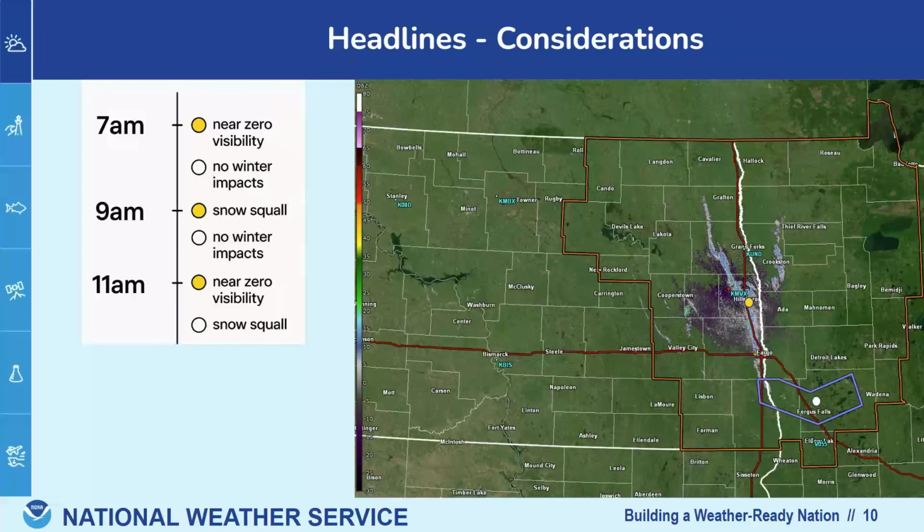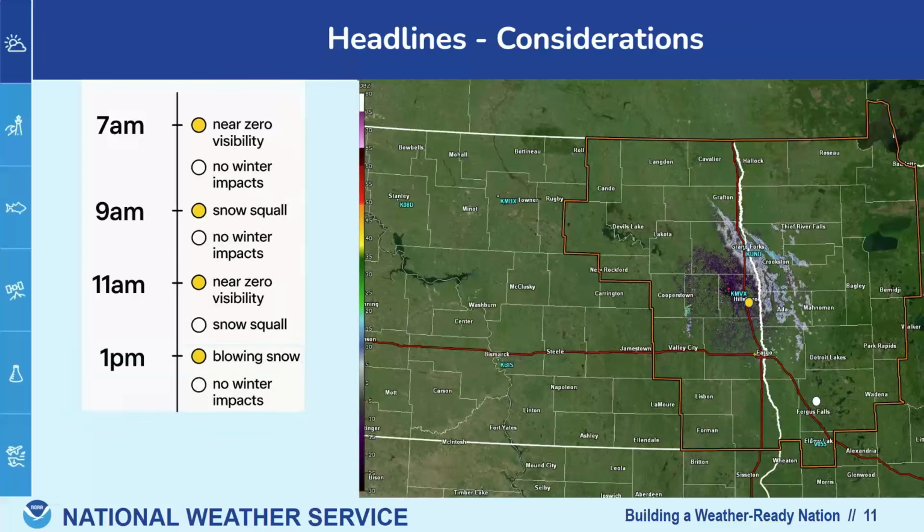So impacts are tied to just that 15, 30, 45-minute period. And then moving forward, now Hillsboro just has blowing snow, much like the rest of the county had the rest of the day. Solid advisory level criteria. But Fergus Falls, again, has no impacts. Winds are much lighter there. There's no snow falling. So this goes to show that just because you have an advisory out,